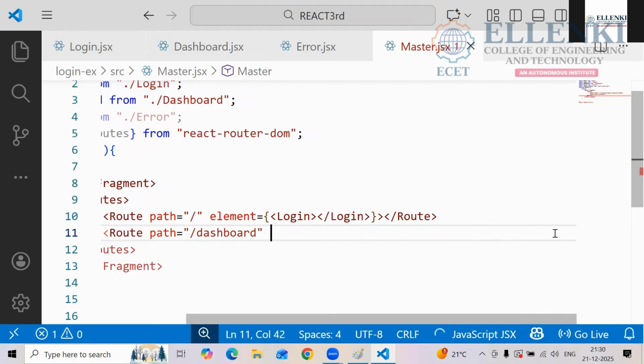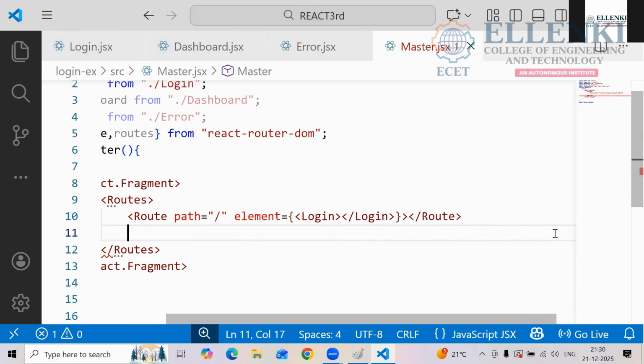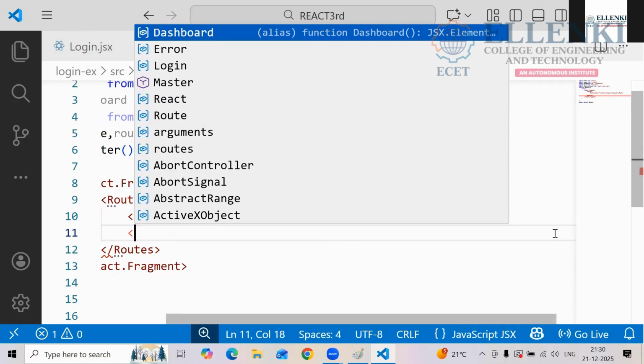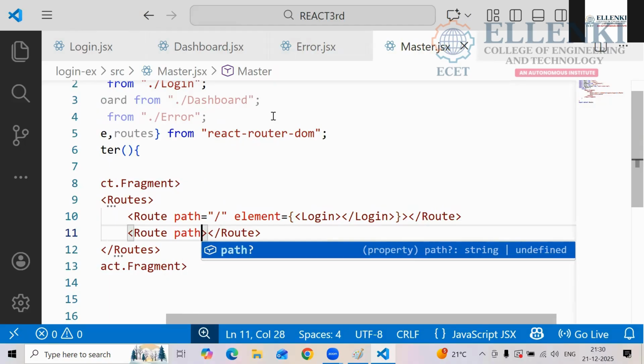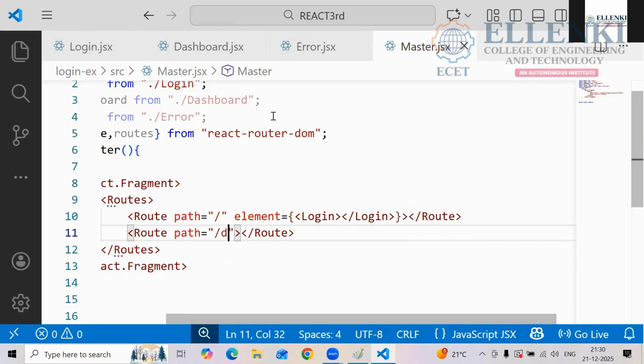One more time, tell me. We cannot sit in this, right? Now tell me, route. Okay, very good. Now path, PATH. Path equals to what? Dashboard.